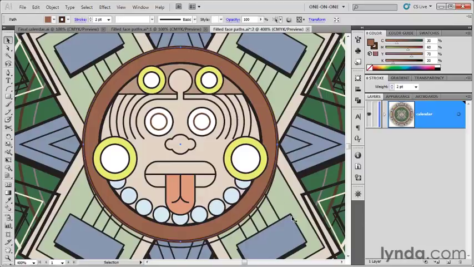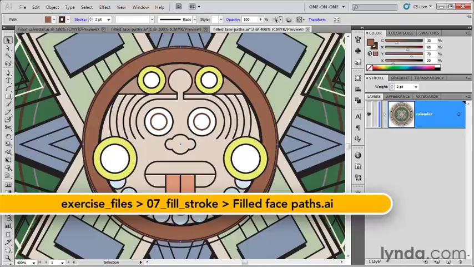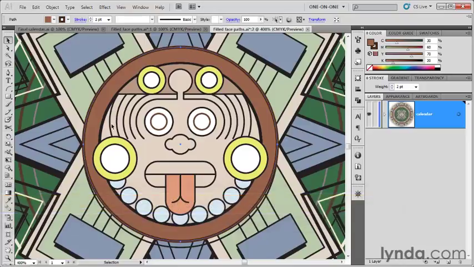Now, in a previous exercise, I promised that we're going to be seeing the stroke panel options, and we will. However, first I want to show you yet another way to hide and show objects inside of Illustrator. As you may recall, I've saved my changes as filledfacepaths.ai, found inside the 07 Fill Stroke folder, and I want